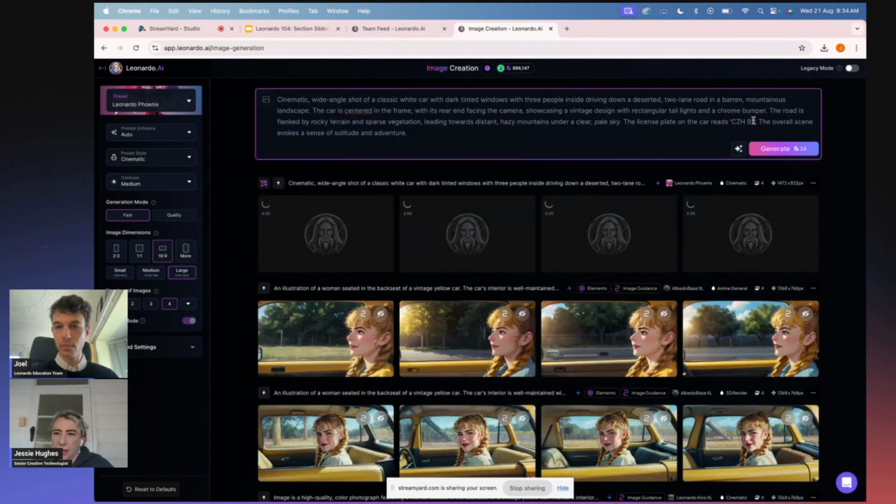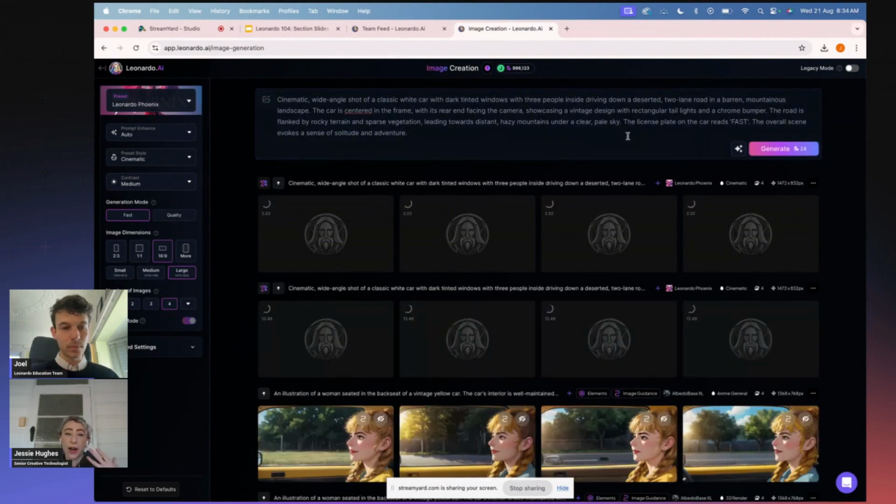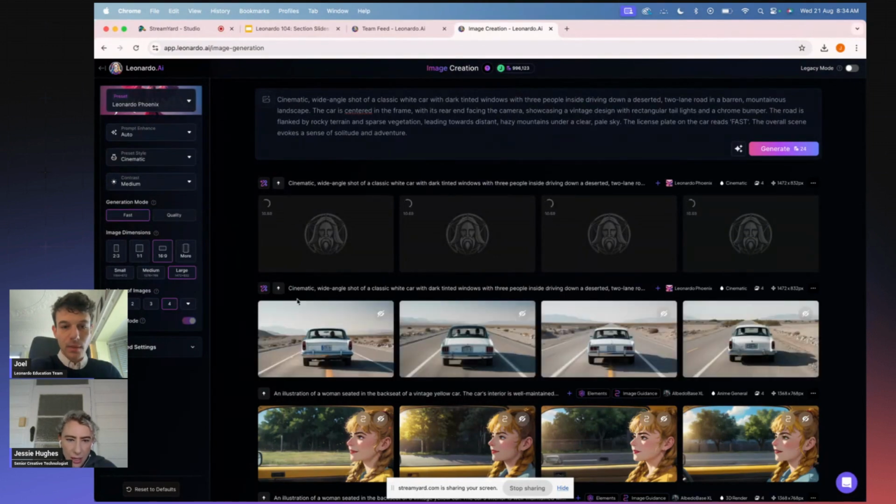And I'm going to say fast, and I'm going to say no. I can now change this to a forward drive. So that's the experiment I just want to do with you guys. So he's gone for this beautiful vintage car, and I'm going to say no, I want it to be